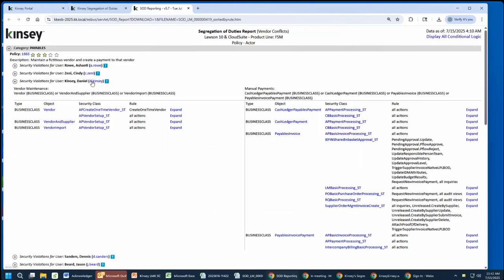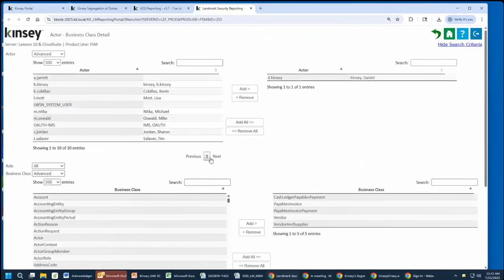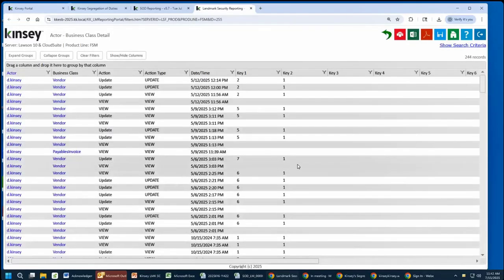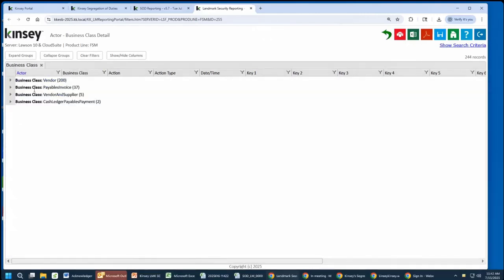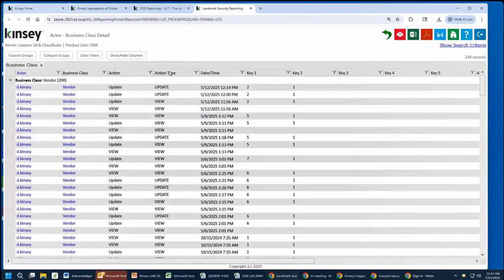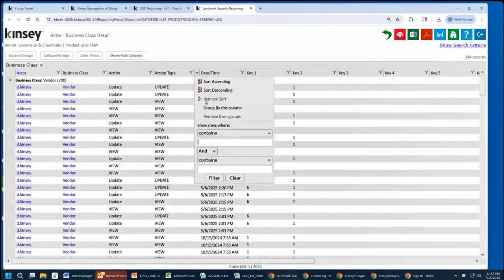This is what I can do here: I can right click and, if there's any activity, I can drill into the activity and look at what business processes are on this policy. Now I can see my business process. I can see all the vendor maintenance that I have. And maybe all I'm concerned about is